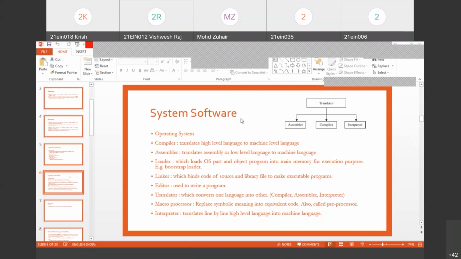So the first thing we talked about is the operating system. We are all familiar with the operating system because almost everybody has seen a system or a laptop, or might be using one. The first thing that we install in the system is the operating system, which governs the different components of the system. The operating system can be Windows, Linux, Mac, etc.